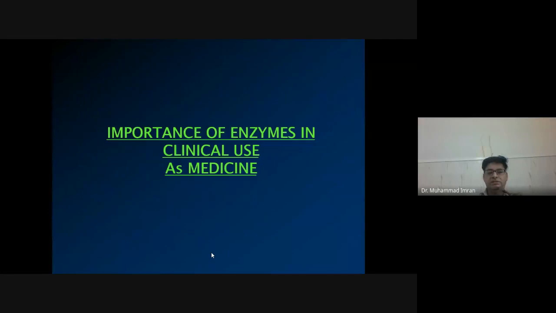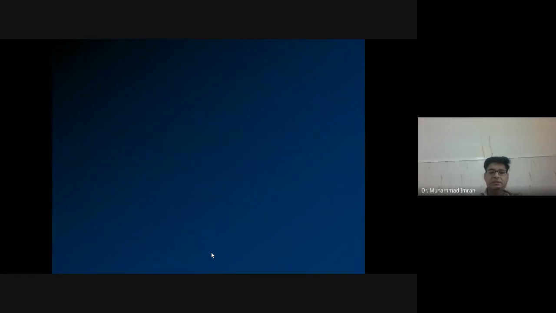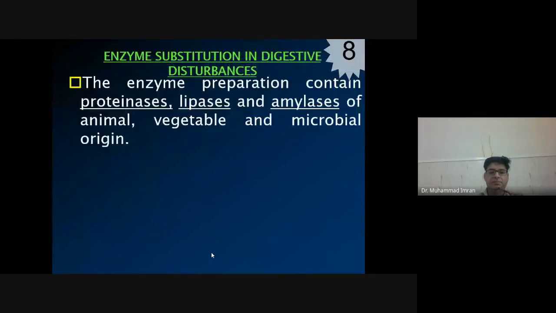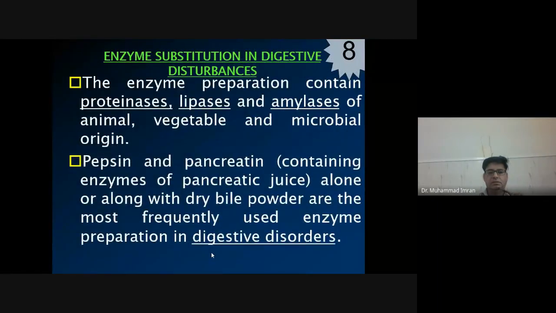Then, the importance of enzymes in clinical use as medicine. Many enzymes are used as medicine. For example, enzyme preparations. Some enzymes are used during digestive disturbance, which are proteases, lipases, amylases, of animal, vegetable, or microbial origin. Some enzymes are used like pepsin and